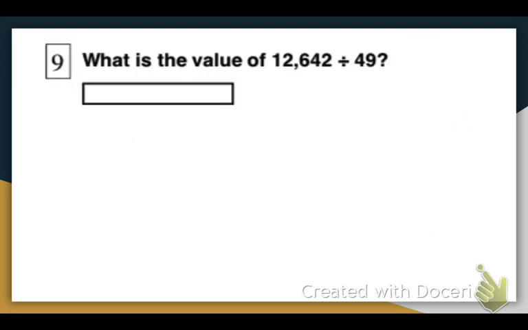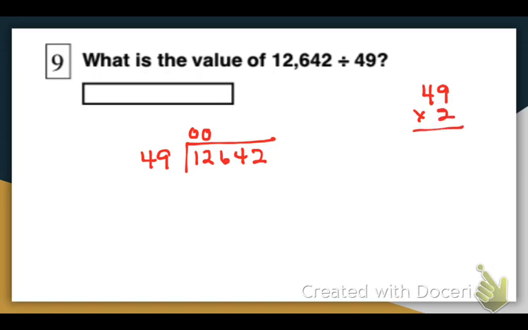Problem 9. What is the value of, that just means, what is this answer equal to? So 12,642 minus 40, or excuse me, divided by 49. Well, 49 isn't going to go into 1 or 12. See, 49, 4 will go into 12 3 times. Let's see, 49 times 2 is 18. 8 plus 9. Probably I'm not going to get another 49 out of that, so I'll put a 2 up